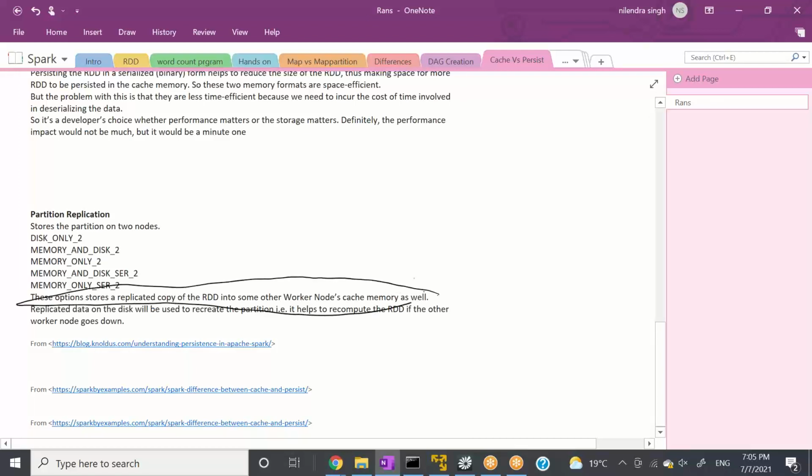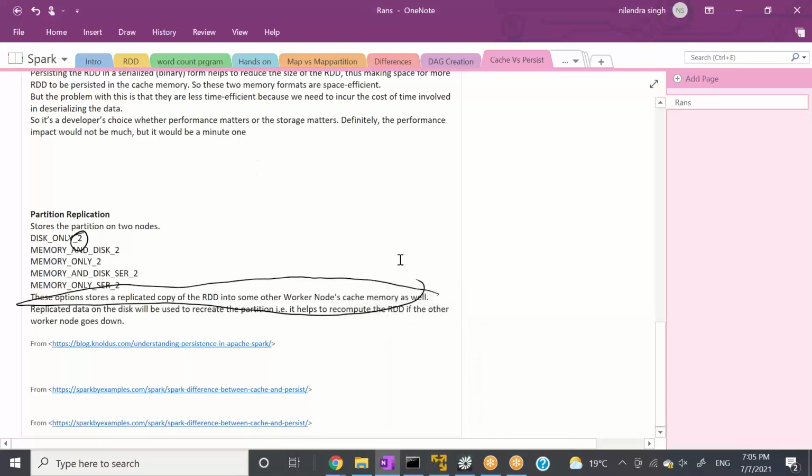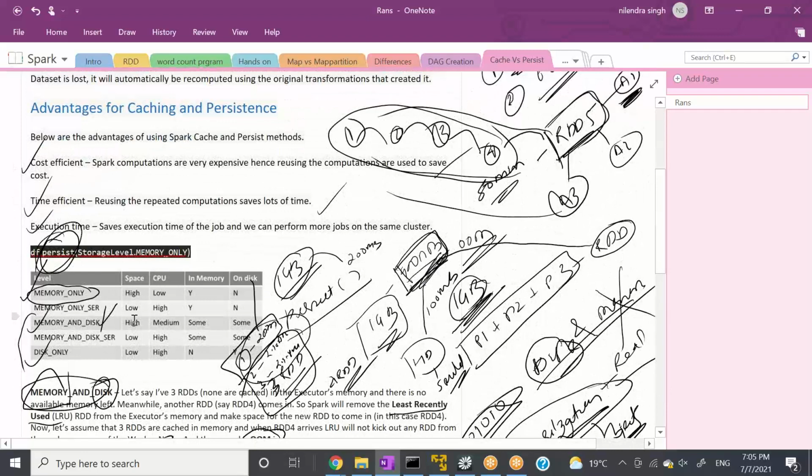So your cache is replicated as well if you use the underscore 2 option. As simple as that, right? So now things are very clear. If you want to change the storage level, you will say StorageLevel dot different options.